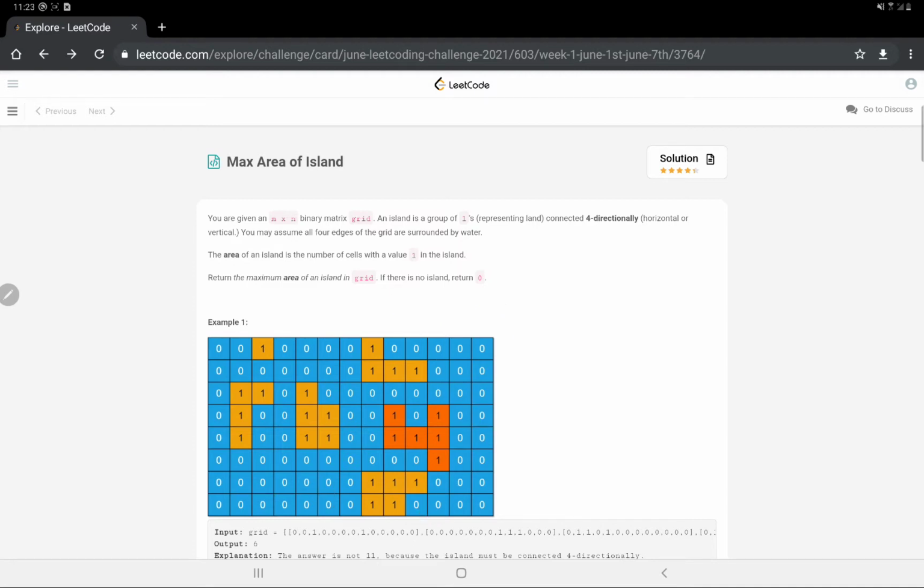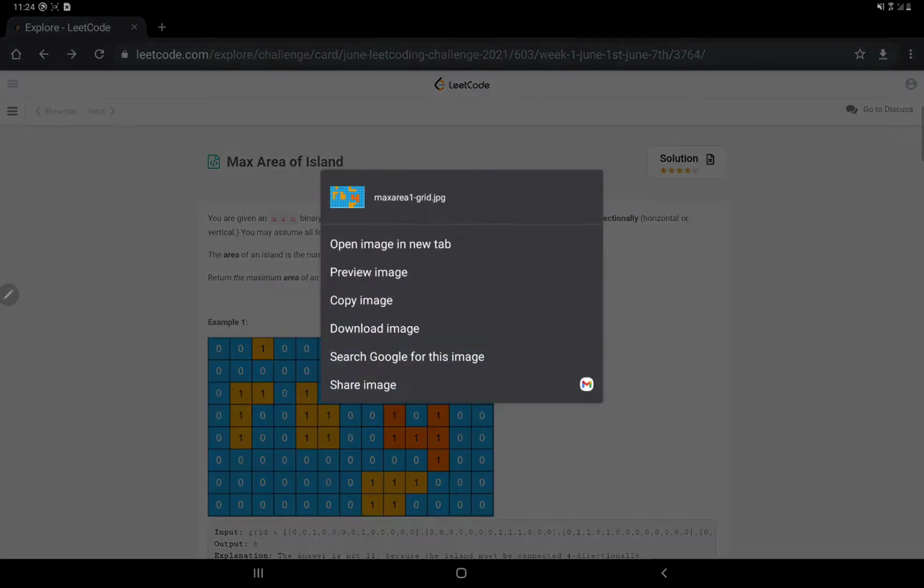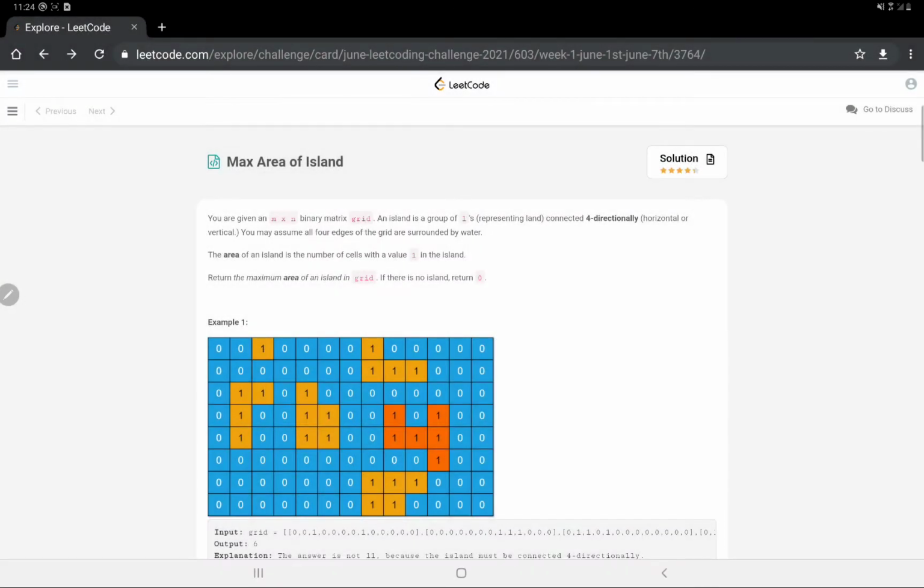It's a bit of a DFS approach where at every cell we go to its neighbors to check whether they have ones or not. If they have ones, that is they are connected, and that means we increment the area, and at the end we also mark it as visited. Because suppose we are at this position, all right, on searching its four neighbors, that is 1 2 3 and 4. Suppose we go to here.